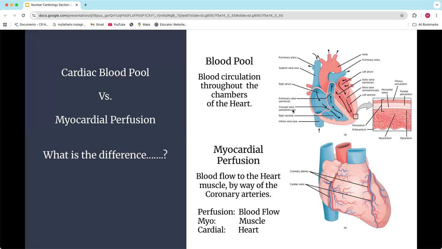Now, we often have patients ask us, they may have a stent or some previous issue, and patients will say, hey, are you going to be able to see my stent? And again, no, because we don't image the coronary arteries. That's going to be done by getting an angiogram. But we actually view the end product of what those arteries provide, which is the heart muscle, what areas are perfused, and if there are areas of the heart that are not perfused. Okay, so that's what we're looking at today when we talk about myocardial perfusion.